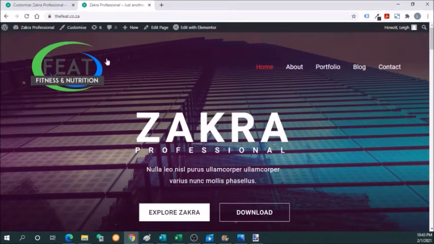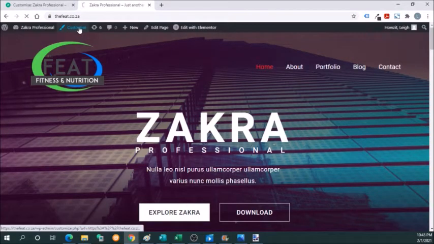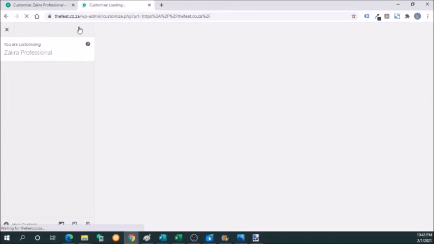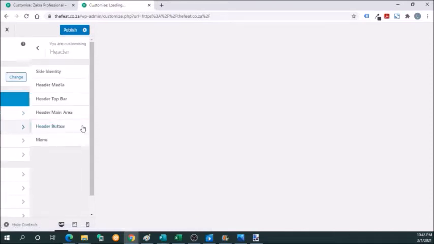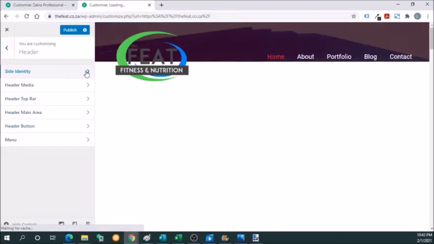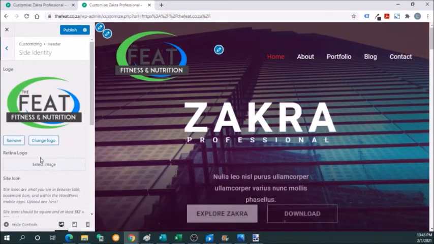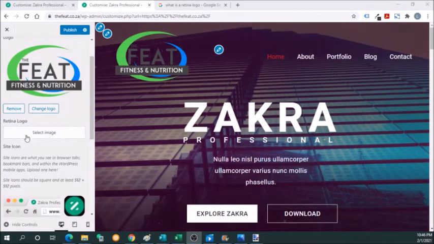Now we are going to go back to the customize section, and back to header and back to site identity. Okay. Under the logo, you will see Retina logo. What a Retina logo is